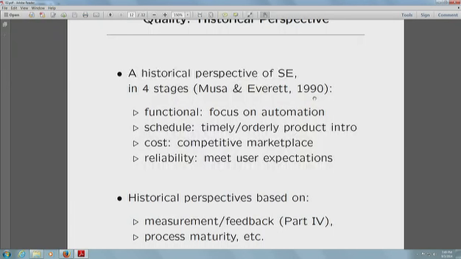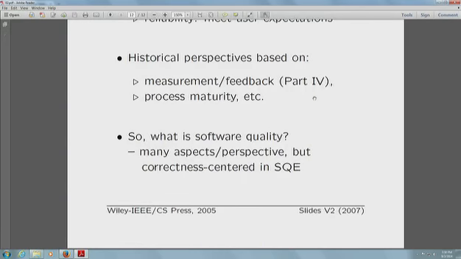You can do this better. We will focus on what we can do better. Okay. And then when you look at just the cost, if people really need to rely on things, then reliability is very important. So that's kind of their perspective. There are also some perspectives about history based on the measurement. So you look at quality, and can you really formally quantify some of the things, manage things? Okay, so